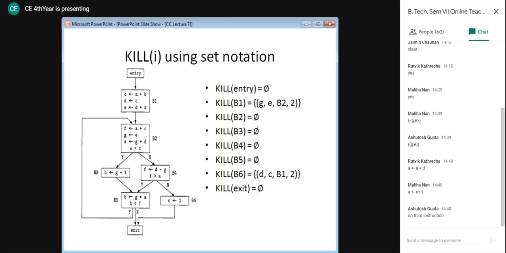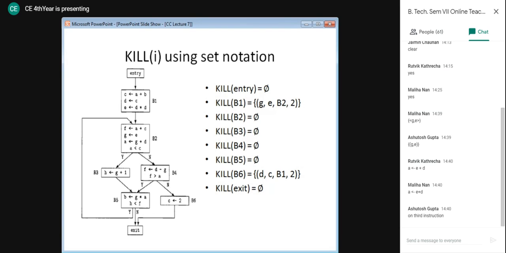Same way, if you have a look at block B6, in B6 the value of C is getting changed because of the constant 2 being assigned to C. And in block B1, C was assigned to D. So ultimately the value of D will also change if this instruction of block 6 is encountered.